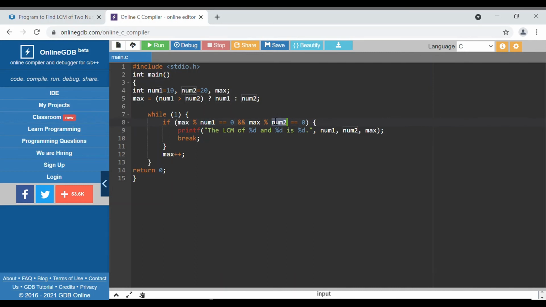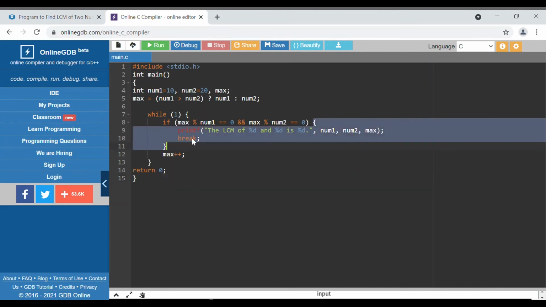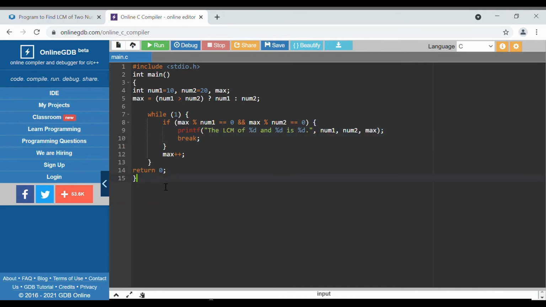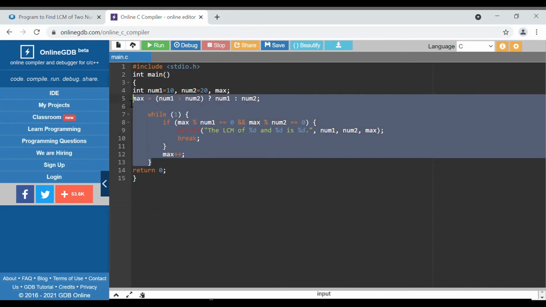If both are true, then we print that max is our LCM, and we break and exit, as we have got the least number which divides both the numbers, and our loop terminates. Else, if this if condition is false, then we increment max by 1 and again check whether it is divisible or not. So this is our whole logic behind this.